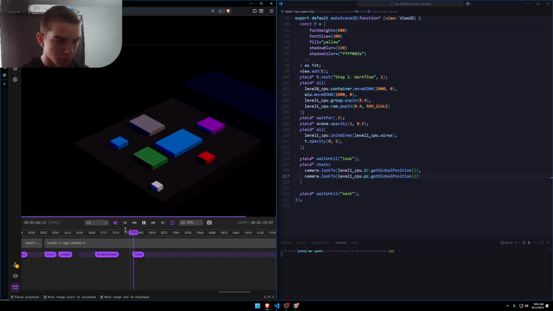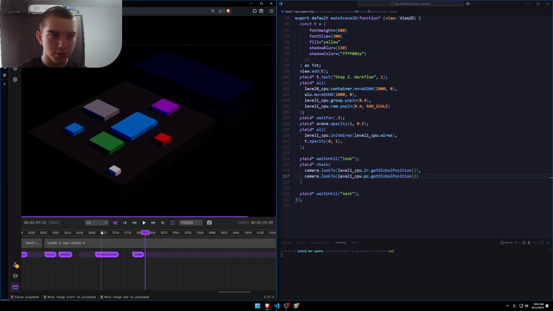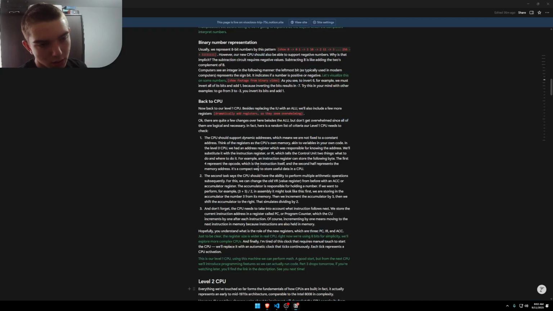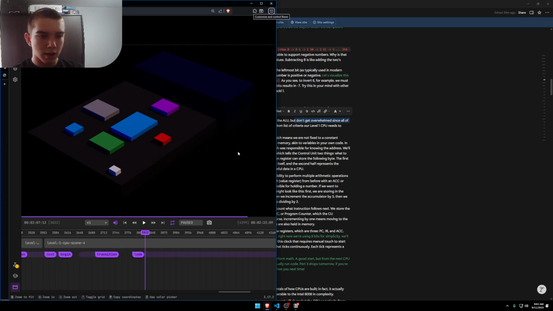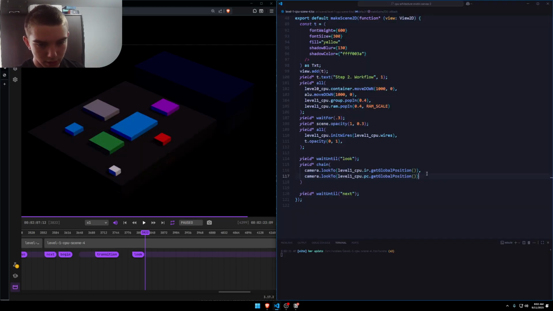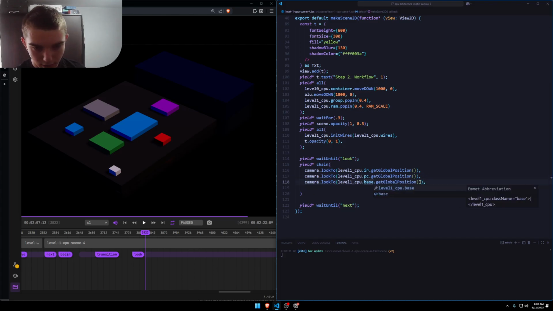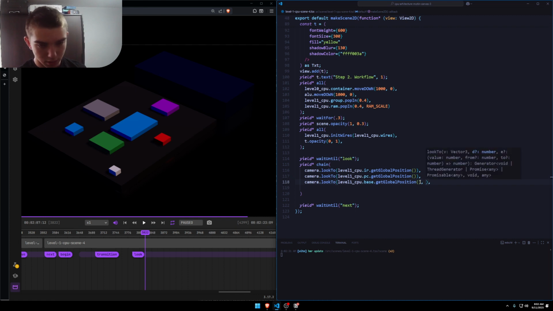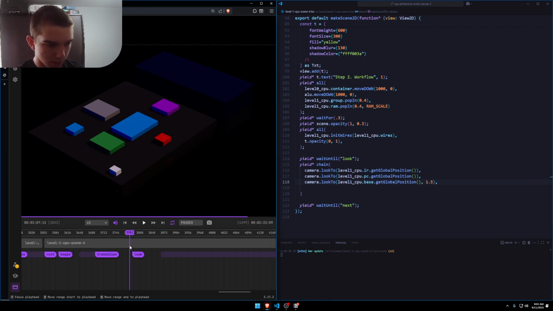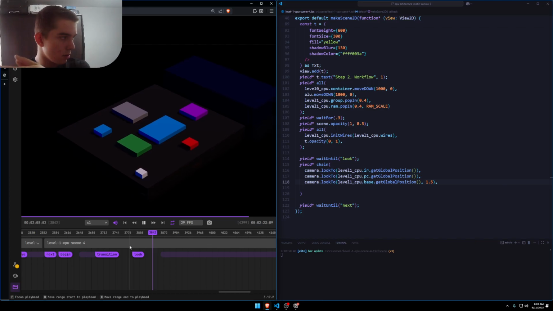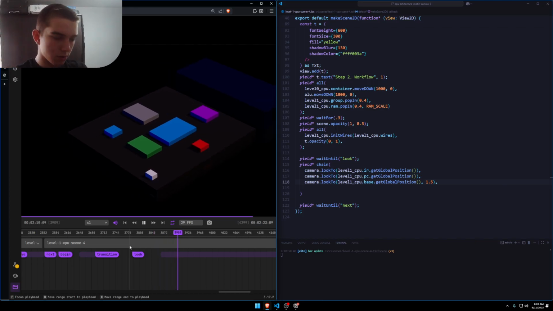I'm just going to copy the code and have these two. It's also quite nice how the camera looks pretty fast, like it's confused. But don't get overwhelmed, since all of this is logical and necessary. Now we're going to slowly look back at the entire CPU to represent that. So again, copy this line. We'll look at the CPU.base, and we're going to do that in 1.5 seconds maybe. So there, I don't know if you can see my arrow, not really, but you see the animation,